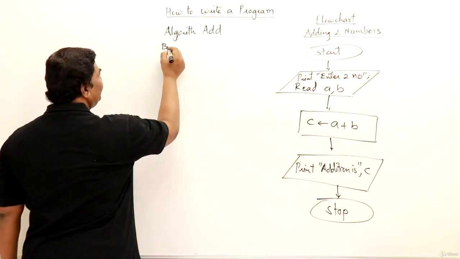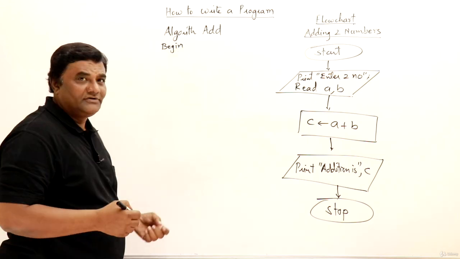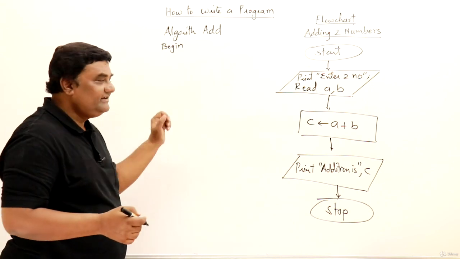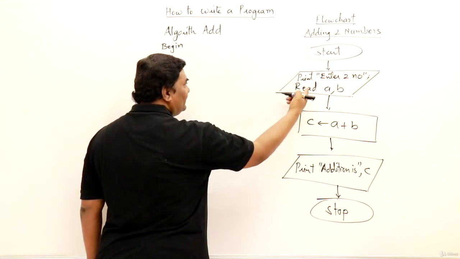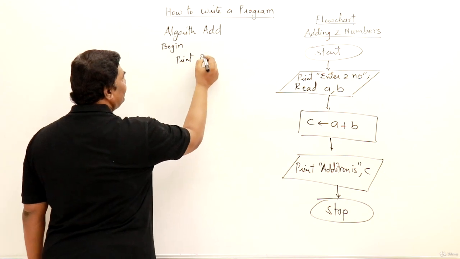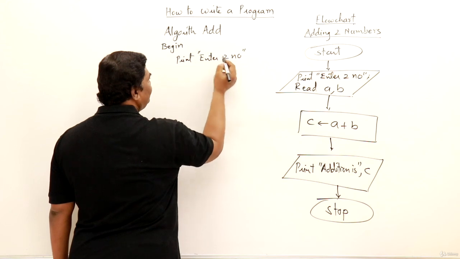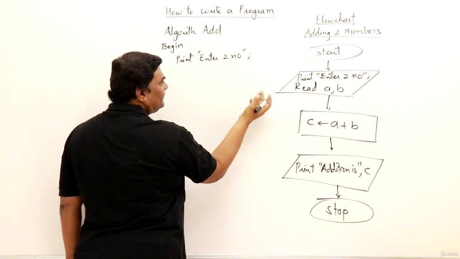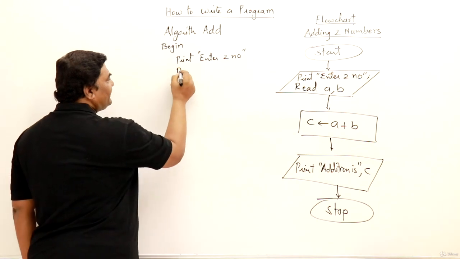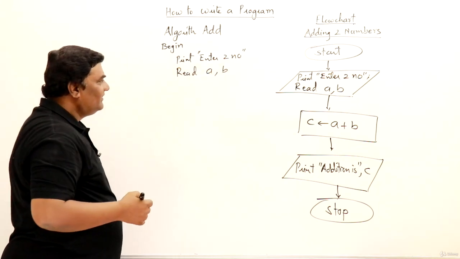Now here I will say begin, the algorithm begin. I have already explained that you can write begin or you can write the curly bracket. That is your choice. So I am writing begin here. Now what is the first thing it has to do? It should print and say enter two numbers. So print enter two numbers. This is a message I am giving. Writing a semicolon or not is a choice because it's pseudocode. It's not strict. Then I should read two numbers in two variables, that is A and B.